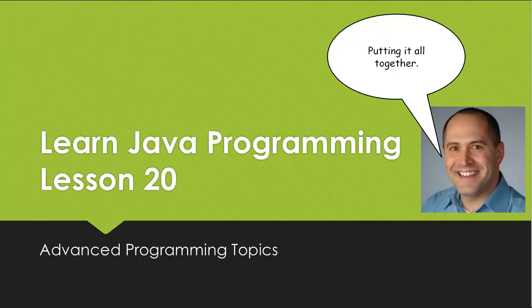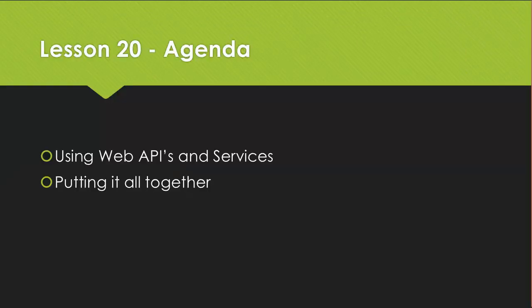Lesson 20 will kind of put everything we've learned so far together into a coherent program. We'll talk about some advanced programming topics like how you can use a service on the web and then consume that in Java. But in essence, we'll be taking all the lessons we've learned so far and assembling them into one project. On the agenda for today, we'll look at using web APIs and services,